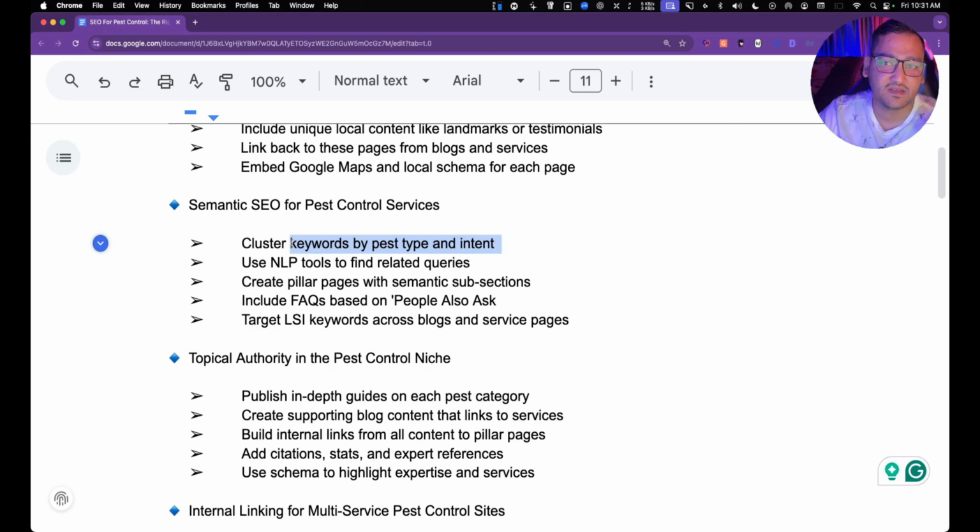So let's say you are targeting the pest control Houston keyword. Just identify all the other entities which are related to the pest control niche and the Houston area. Also add some NLP entities. You need to create some pillar pages, incorporate People Also Ask, and start targeting the LSI keywords for your